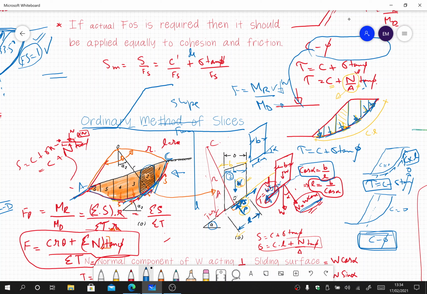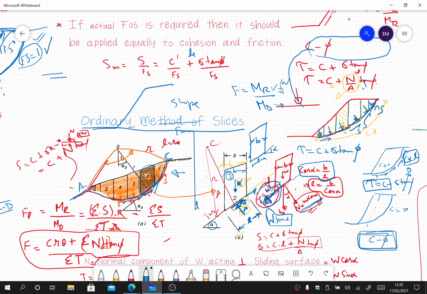So factor of safety by definition is resisting moment over the disturbing moment. So we know that the resistance is provided by the shear strength that is acting in the upward direction here, and disturbance is due to the weight. Now weight, you see here, out of the two vectors we have learned that this component of weight, that is W sine of alpha, is acting in the direction towards the failure plane, so that is the one that is going to cause the failure.